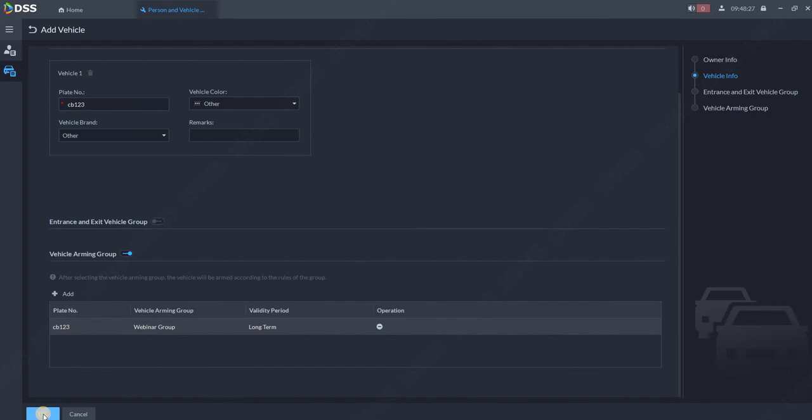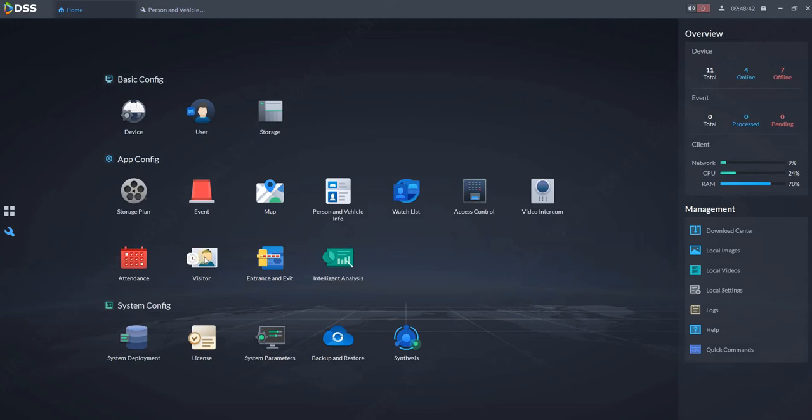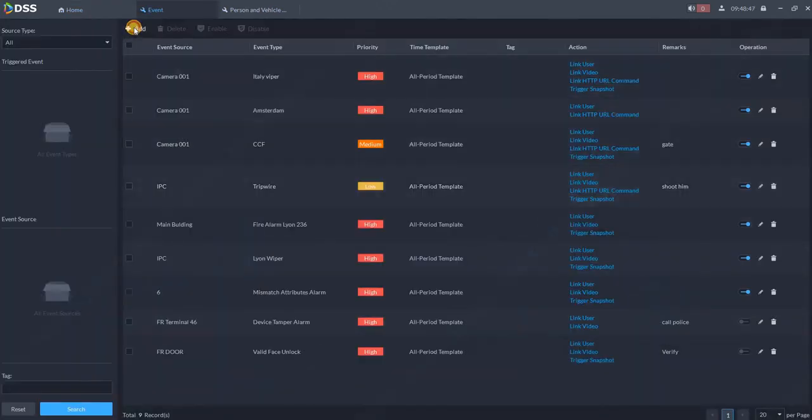and click on OK. So now the car is already in the arming group, in the blacklist or whitelist or watch list, however you want to call it. So this is in the webinar group. Now we need to create an action for that. So go back to home, go to event, add a new event,